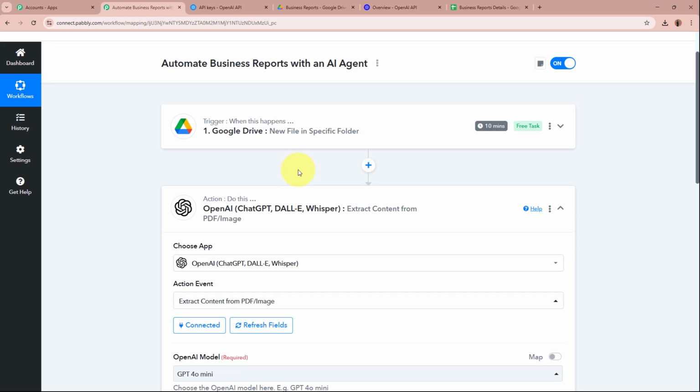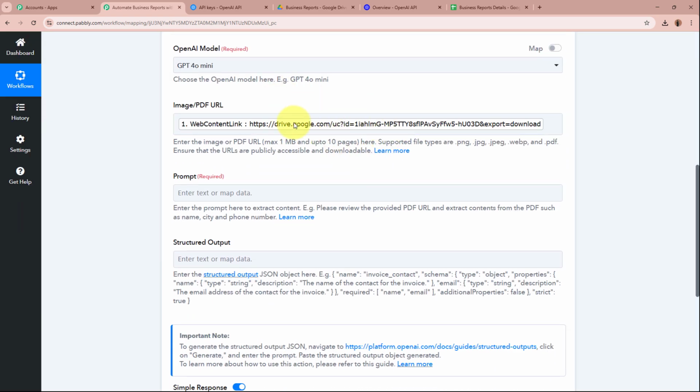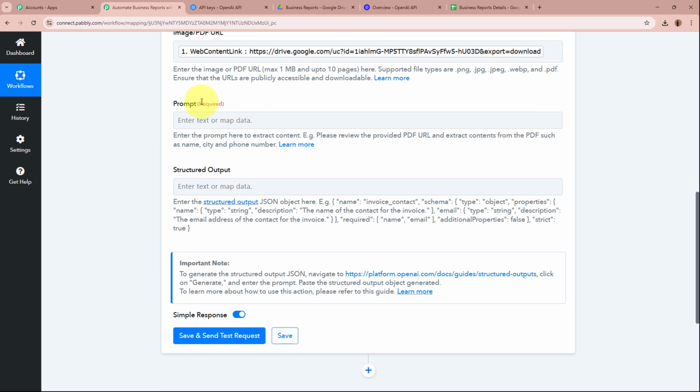That means now whenever a new response is captured in our previous step, the new data that has been captured is automatically going to be updated in place of this mapped data, okay? After that, it is asking for the prompt. Prompt is the text with the help of which the AI agent is going to generate the content according to